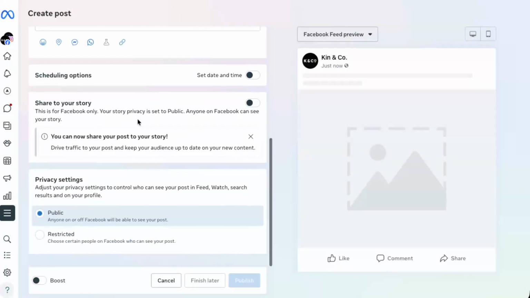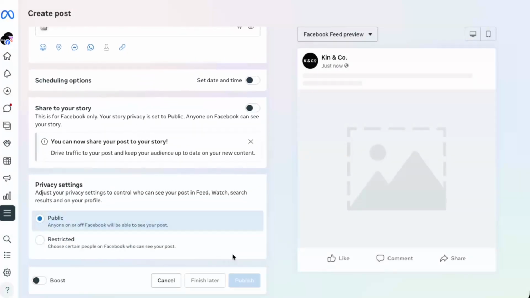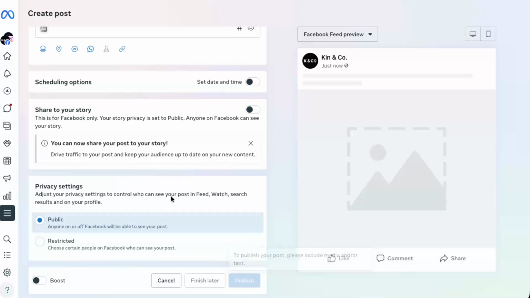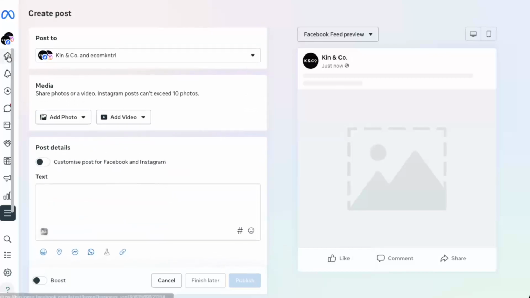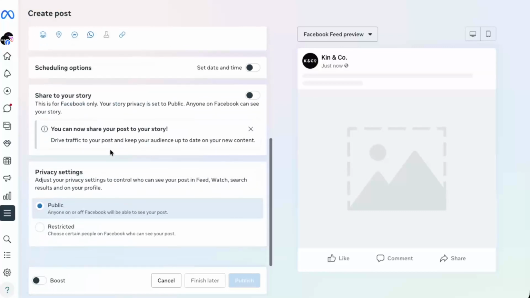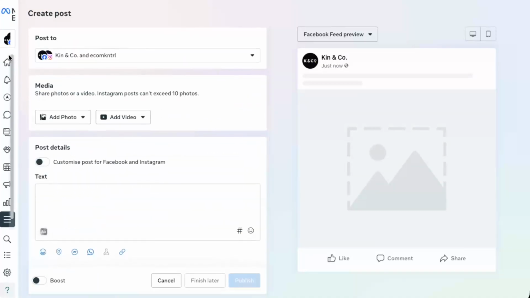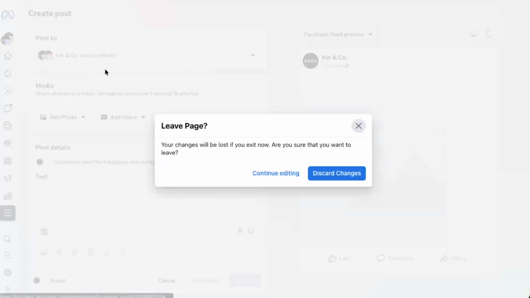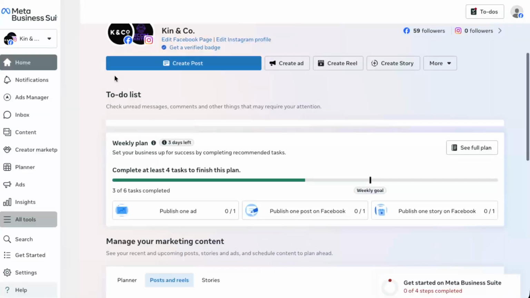Before you publish, take a moment to review everything. Check the text for spelling, confirm the correct accounts are selected, and make sure the images or videos look right. If you're happy with it and want it to go live immediately, click Publish. If you prefer to post later, look for the scheduling option and choose a date and time that works best for your audience. Once your post is published or scheduled, click the Home button at the top to return to